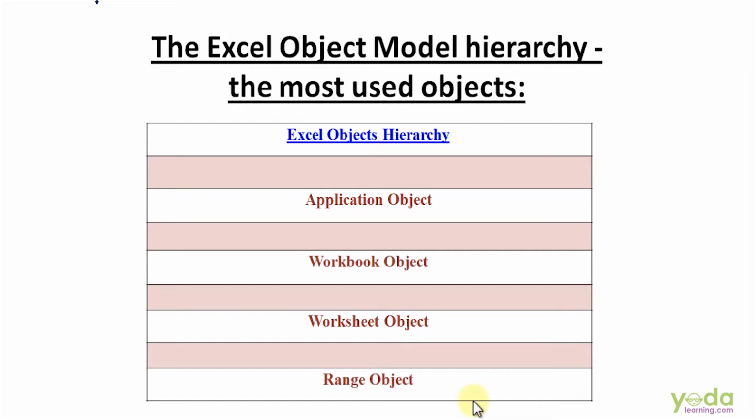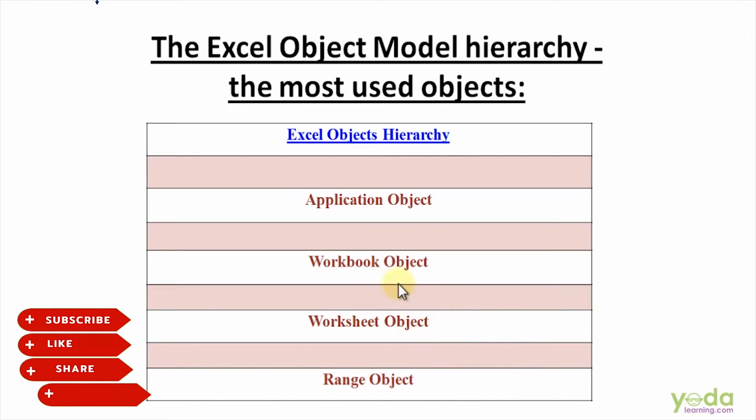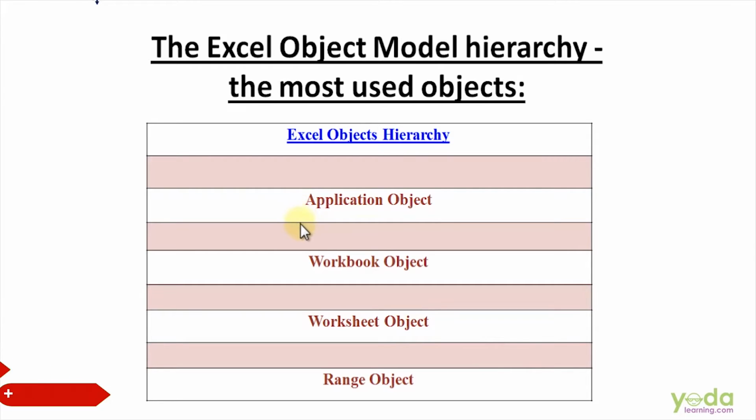Excel objects are accessed through the parent object. Worksheet is the parent of the range object. Workbook is the parent object of the worksheet object as well as the range object, and the application is the father of all the objects. Example: start at the top of the hierarchy with the application object, then move down to the workbook, worksheet, range, and font objects.